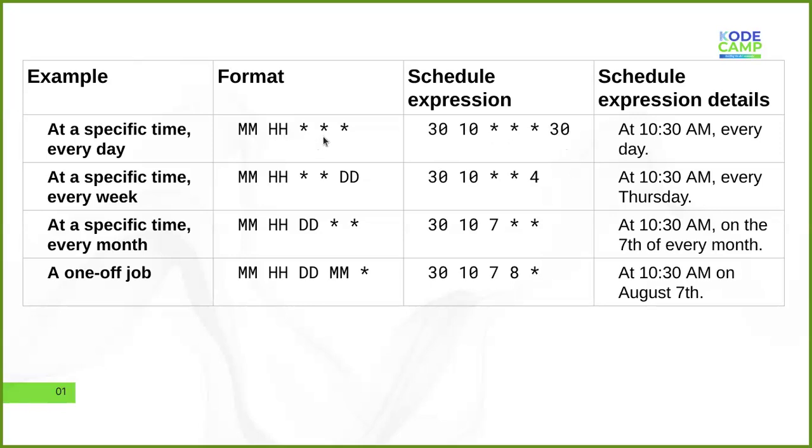1, 2, 3, 4, 5. Sorry, disregard this 30. Disregard it. It's actually from 30 to this point. You're saying every 30